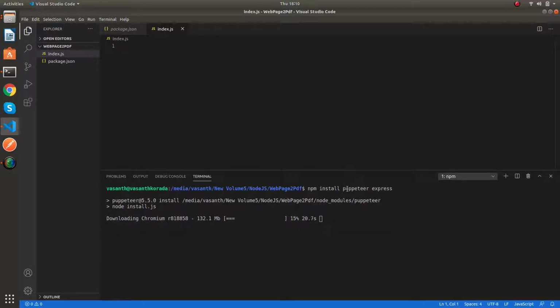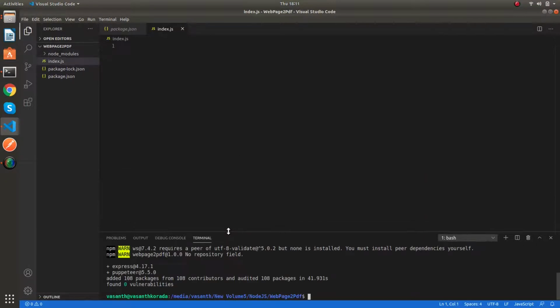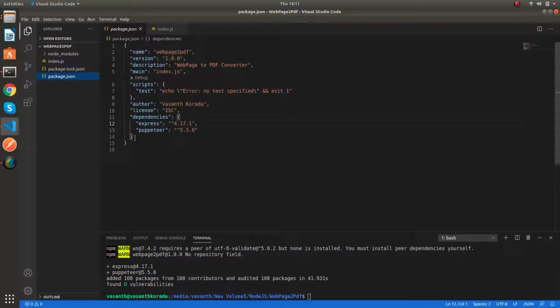As you can see, with this Puppeteer node library, it is downloading this Chromium. The dependencies have been installed, so you can check in this package.json file. The Express and Puppeteer dependencies are available for us.